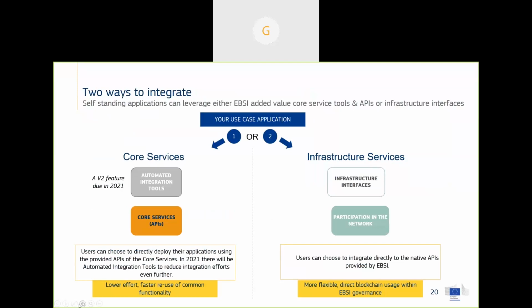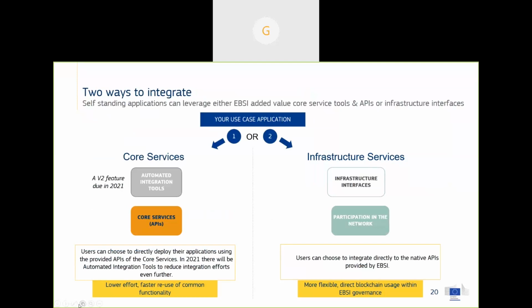So there are two main methodologies. A use case application can either use the core services. So you saw the core services layer that was described, and this includes all the services available from EBSI, but